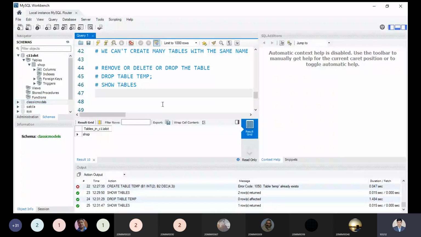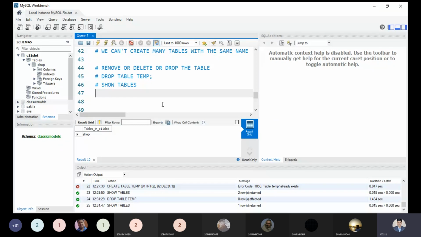Sir, is there a difference between remove and drop? Because if we remove the table, we can find the fields of the table by using desc. Yes, that's the point you can say, but here we are deleting the table. Do not get confused about removing. Remove means we are removing the table from the schema, that is the database.